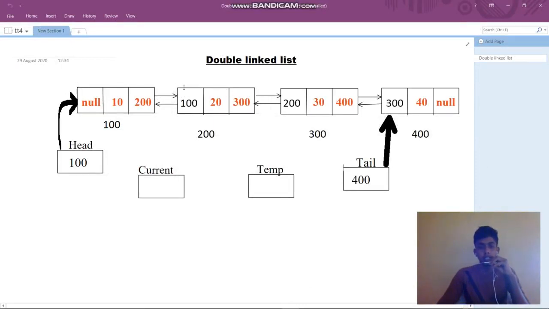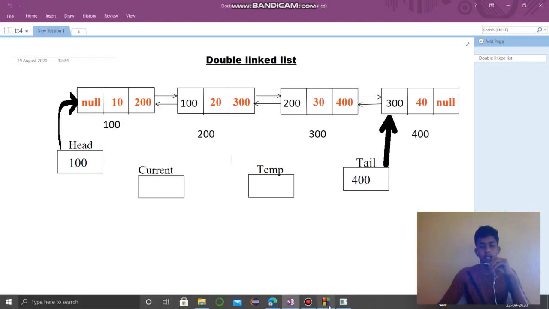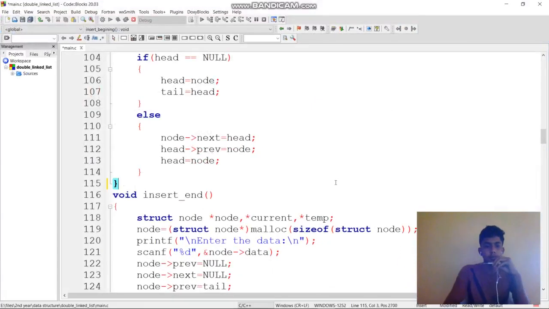Let us consider we have inserted 200. First we insert 100 at the beginning. Now what we have to do: node of previous equal to null, node of next equal to null, that is how it will be.